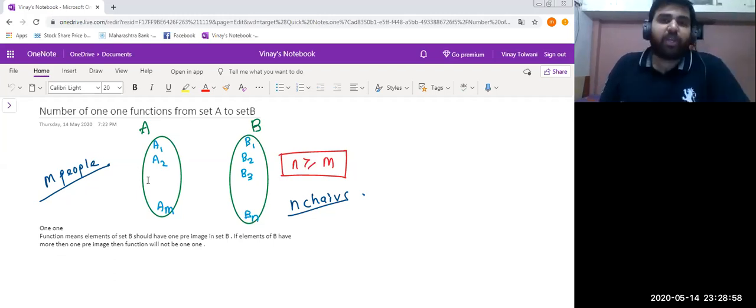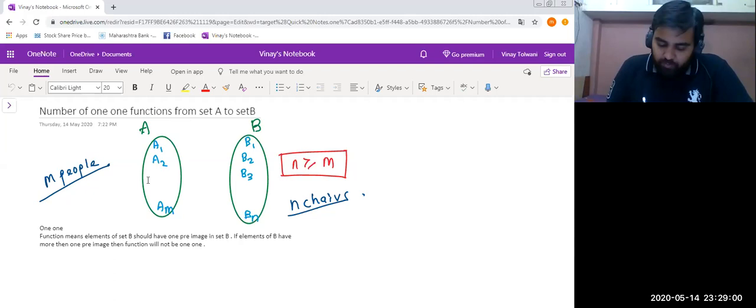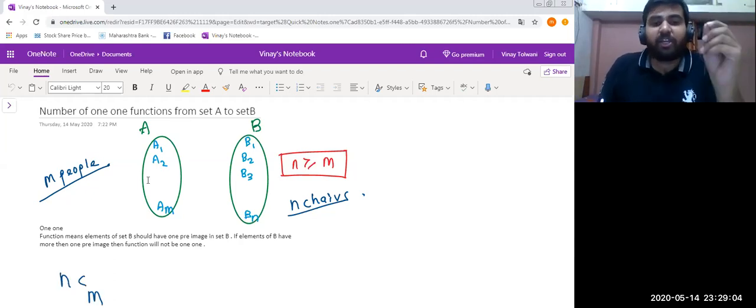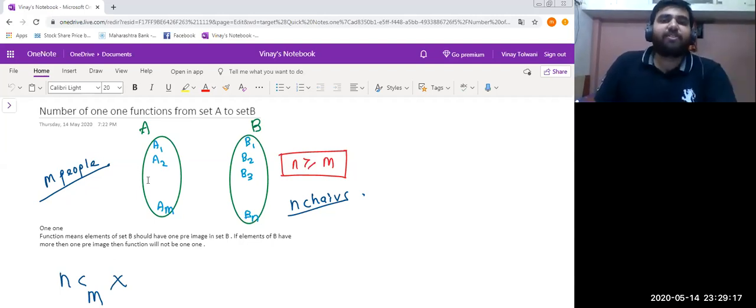In how many ways can we do that, friends? We can do that in nCm ways. In nCm ways, we can select m chairs out of n chairs. Now, once we select m chairs, we have m people with us who want to sit on m chairs.